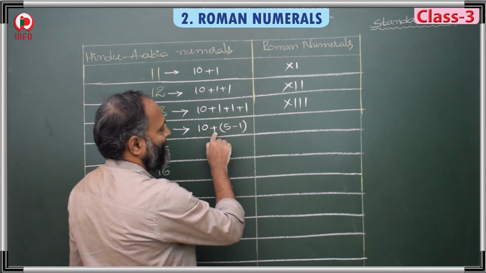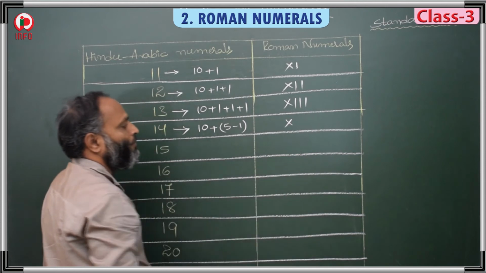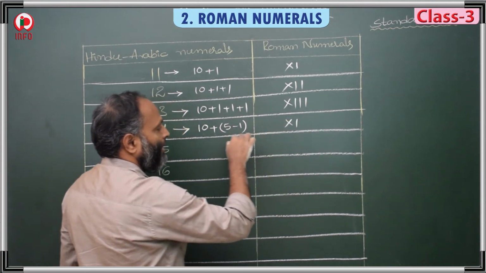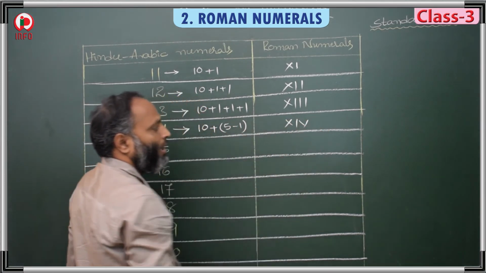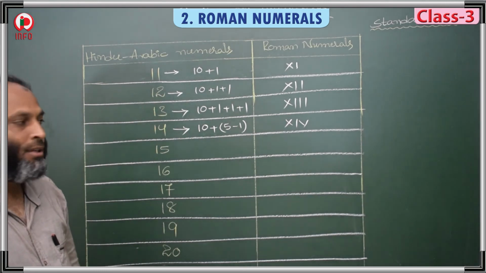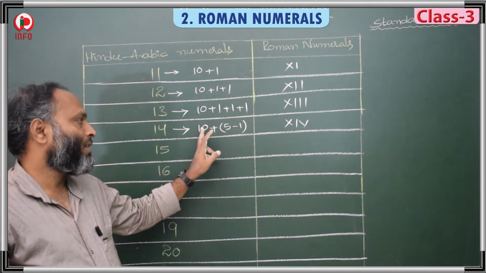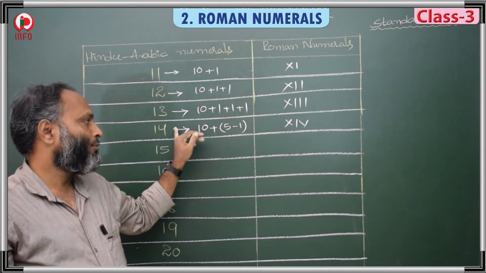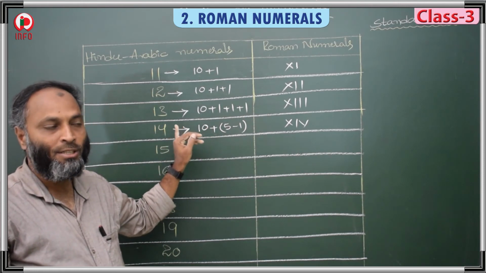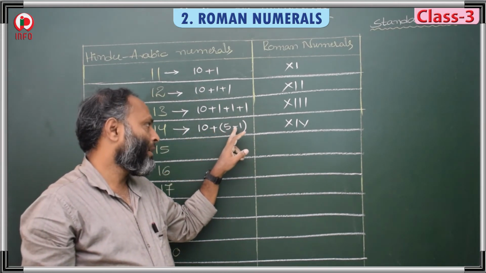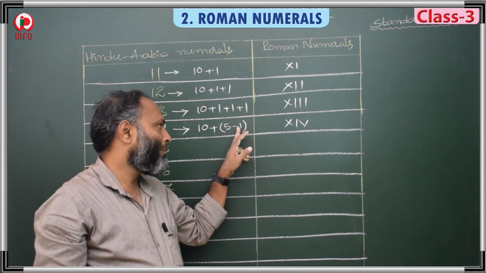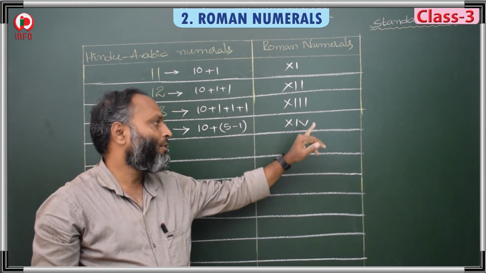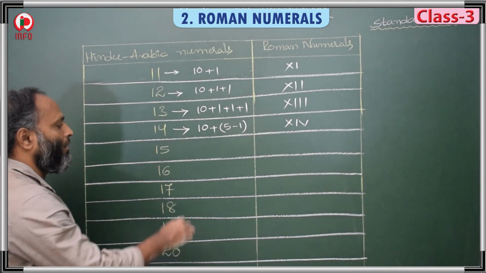Then here, 10 means first, plus is there, so first we have to take the bigger Roman numeral. In this 5 minus 1, minus is there, so the smaller Roman numeral will come first and the bigger Roman numeral afterwards. So that is why we have the bigger Roman numeral first. And here in brackets, 5 minus 1 is 4, 10 plus 4 is 14, it represents 14. Then how to take 5 minus 1? Here minus is there. Whenever minus is there, we take the smaller Roman numeral first, and after that we write the bigger Roman numeral.